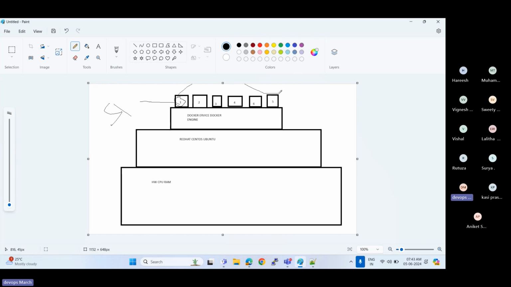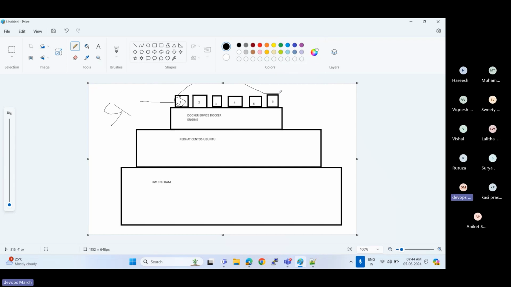In containerization, there is no hypervisor, there is no guest OS. In physical, we have a hypervisor. In virtual, we have a guest OS. In containerization, there is no guest OS, there is no hypervisor. So in containers, there is no resource blocking; containers are free to use complete resources, whatever hardware is required.